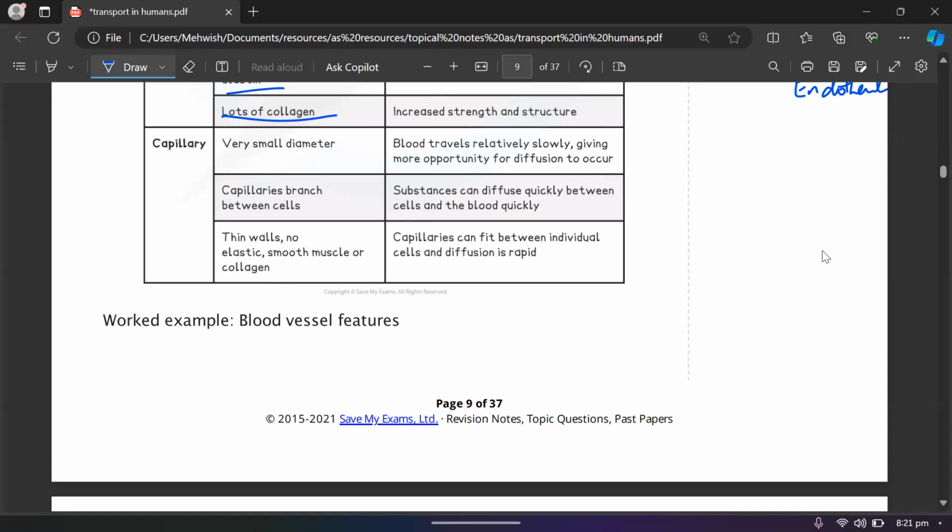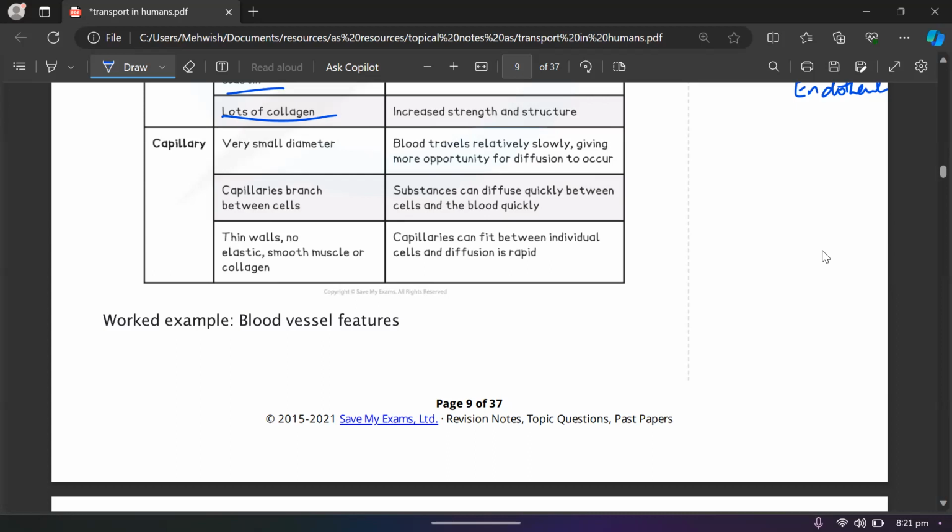Multi-layered का मतलब क्या है कि सिर्फ एक, जब मैं कह रही हूँ कि वन सेल थिक है तो इसमें कोई layers of cells नहीं होती, और यही वो रीजन है that's why there is a rapid diffusion that is possible in the capillaries. They increase the cross-sectional area, they increase the surface area, right, for the maximum exchange of substances and for the maximum, you can say,